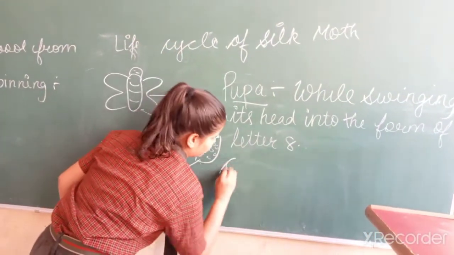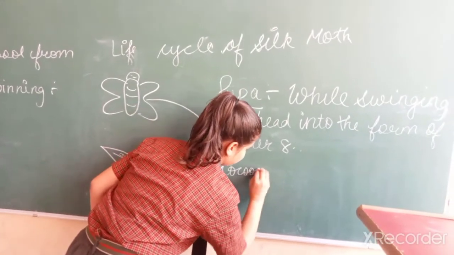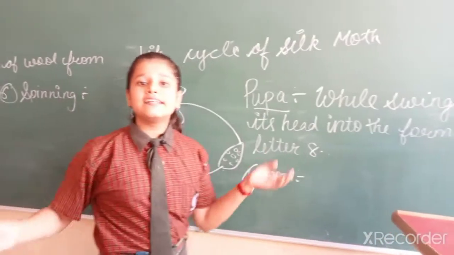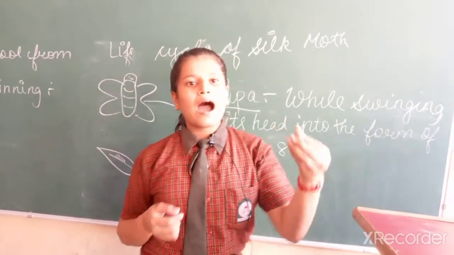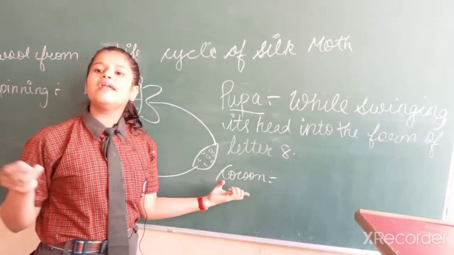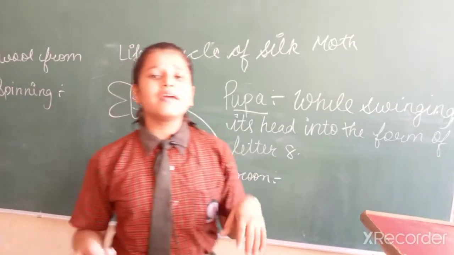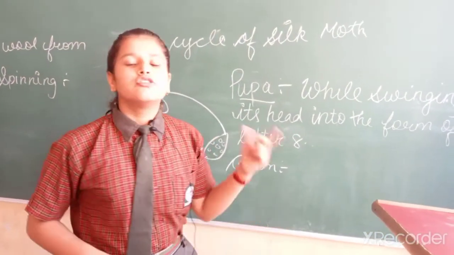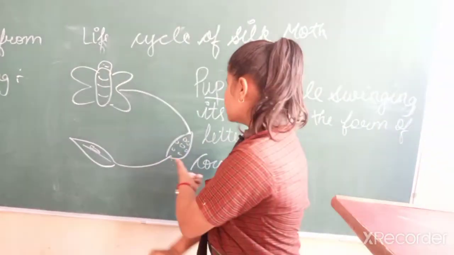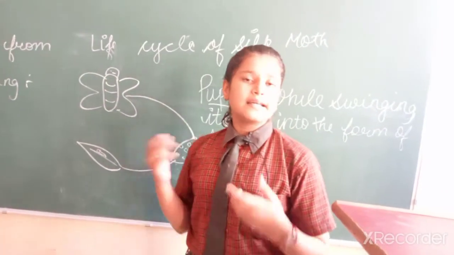After that, cocoon. Then this protein, when it comes in contact with air, will become hard, and that covering is called cocoon. After that, we have to take our silk fiber from the cocoon. So we will put these cocoon balls into the sunlight, or we will